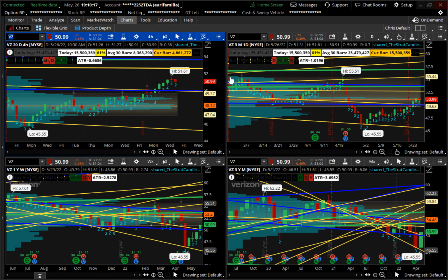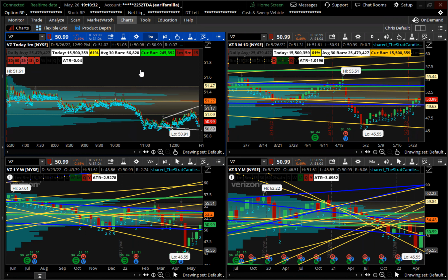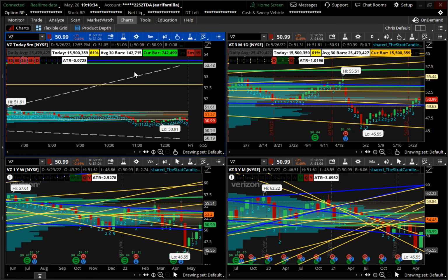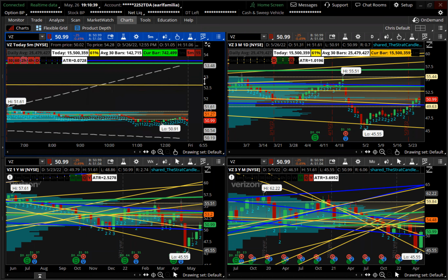But here's the thing with the broadening formations. Just because you're scalping or day trading doesn't mean you shouldn't draw the higher time frame broadening formations. They're still there regardless. If I go to the 1 minute or the 5 minute right now, those broadening formations are still going to be around. They ain't gone nowhere. So just be mindful, the time frame of the broadening formations is more important than the trade you're taking. You gotta have them on there all the time.